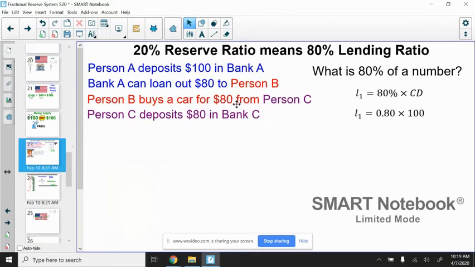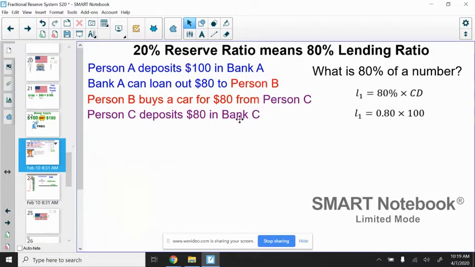Remember, ceteris paribus, this is a voluntary transaction. It is a win for person B. It is a win for person A. It's a win for person A, person C, person B, person A. Everybody is doing better in this economy. Ceteris paribus, of course. But now I'm all the way back to the beginning.